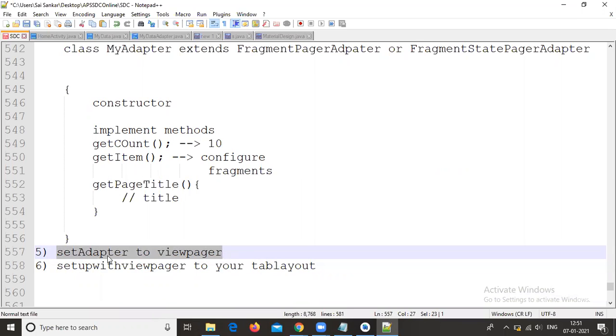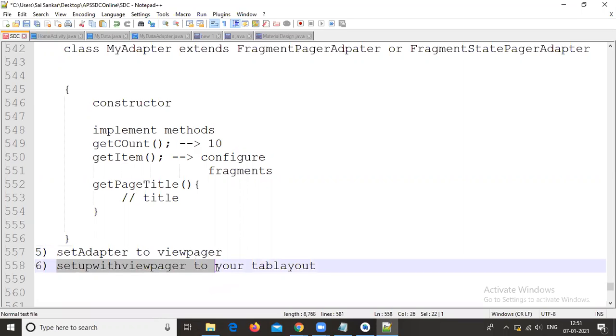After this, the swiping is applicable, but the tab click is not: if you click the tabs, it doesn't perform any action. If you implement this sixth step, then only when you click the tab will the tab fragment be replaced. So these are the 6 steps we need to implement for creating the tab navigation.